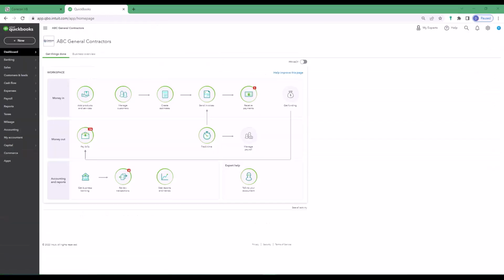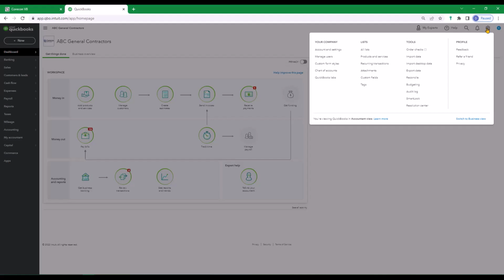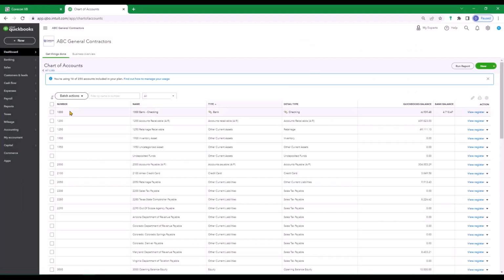You may also want to give attention to your chart of accounts. We do recommend that the chart of account numbering is turned on and that numbers are assigned to those accounts that CoreCon will affect when information is imported into QuickBooks Online. It's also important to note that the accounts that will be affected have a very specific detail type. So if this is not already turned on, that can be done under the column settings here on the right-hand